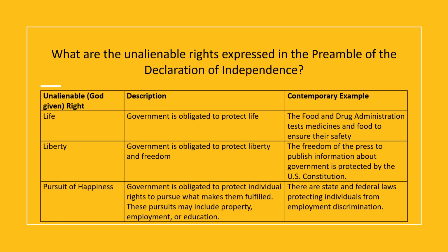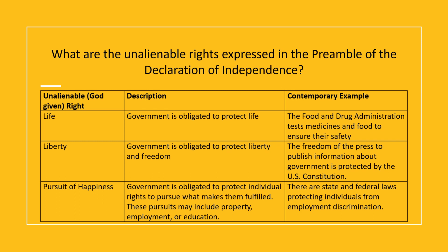And even though we don't want to hold negative viewpoints about our government, the transparency is important, the ability to see what the government is doing. One of the ways that we can see what the government is doing is because government has an obligation to protect liberty and freedom, even if the government is protecting the liberty and freedom of the press, which may turn around and criticize the government.